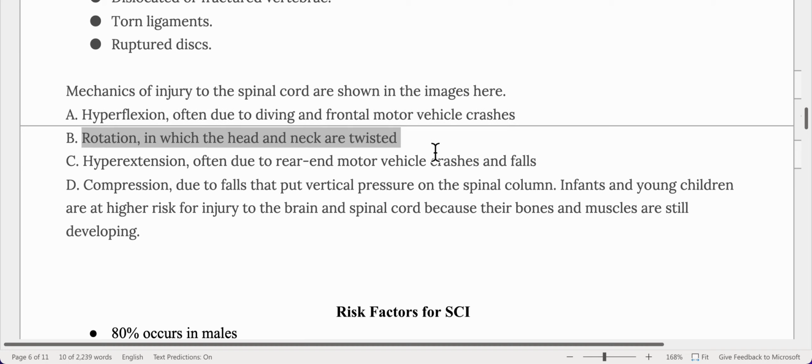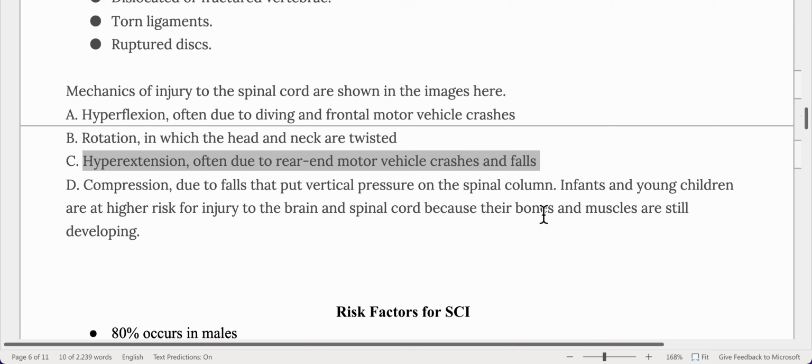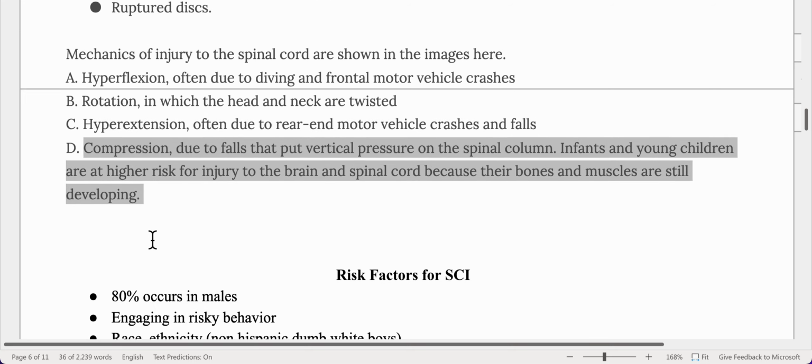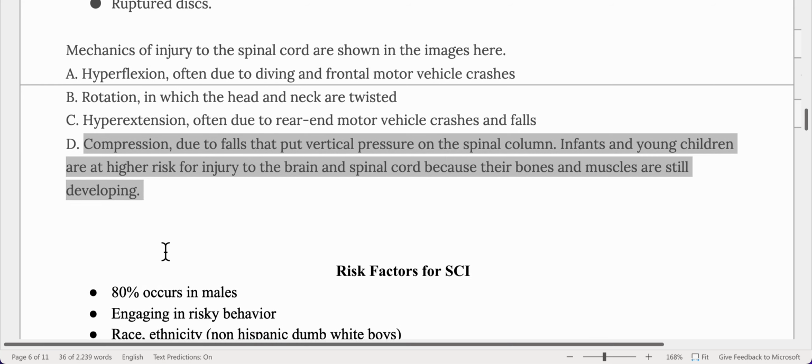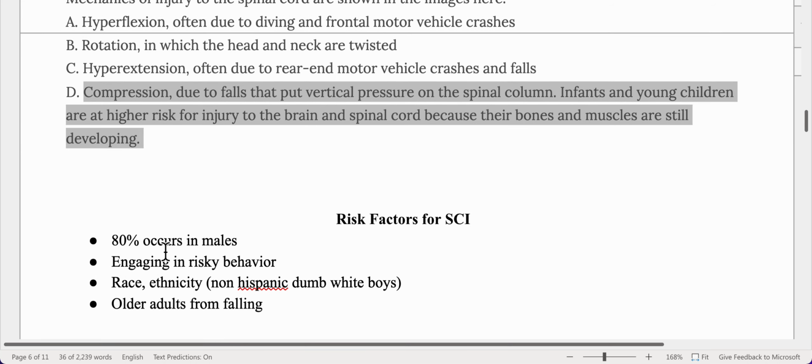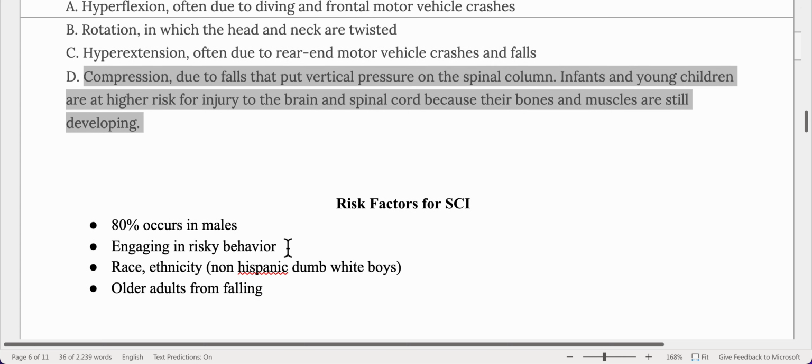Hyperflexion, often due to diving or frontal motor vehicle crashes. Rotation, in which the head and neck are twisted. Hyperextension, often due to rear-end motor vehicle crashes and falls. Compression, due to falls that put vertical pressure on the spinal column. Infants and young children are at higher risk for injury to the brain and spinal cord because their bones and